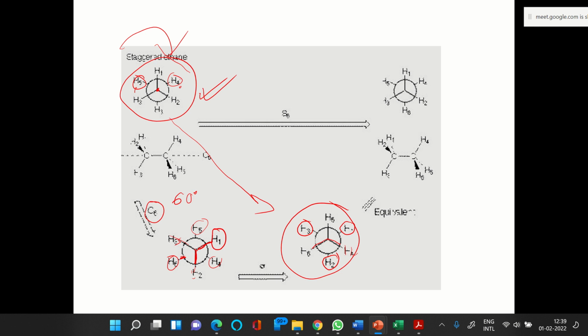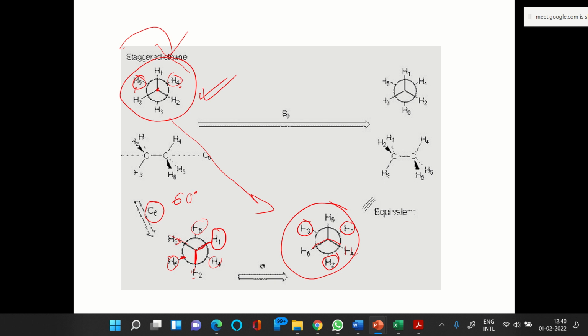So this picture, the appearance remains unchanged when we look at it. So this is a symmetry operation. If you look at it in these terms, there is no such sigma plane in staggered ethane, and there is no such C6 axis present independently. So the C6 rotation is not a symmetry operation for ethane. Sigma, the way we have visualized between two carbon atoms, is not a symmetry operation in ethane,